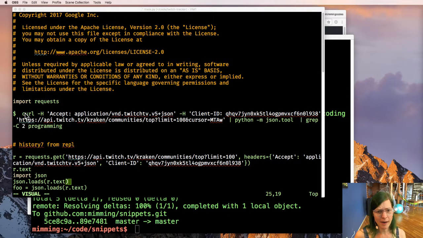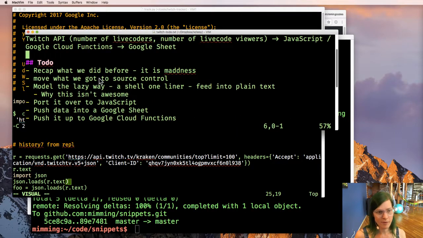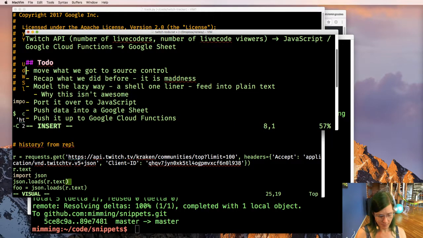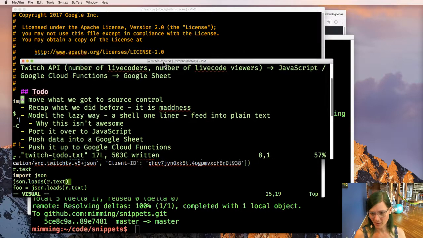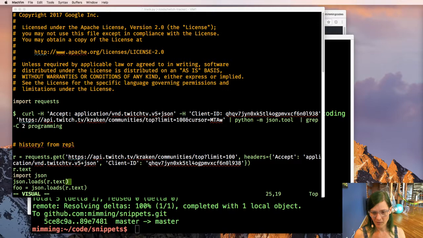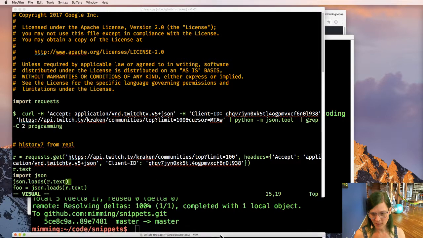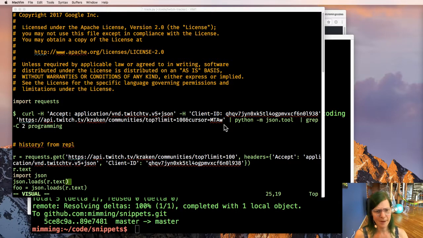So, with that all checked in now, we can check it off of our list. We've recapped, kinda. We're going to move it all to source control. Oh, keep this marked down. So done stuff is an asterisk, and not done stuff is a dash. Okay, so the to-do list will fade away down, so I know where the bottom of my screen is, so I don't accidentally code off screen, like I'm so prone to doing.